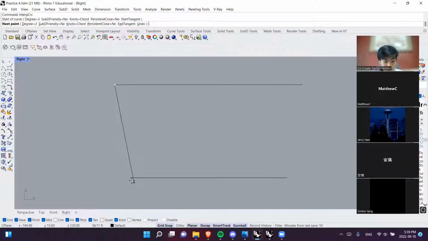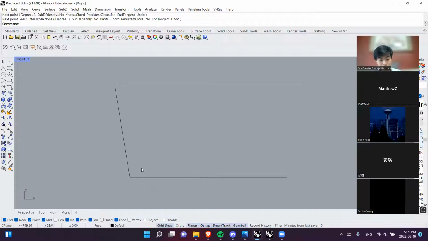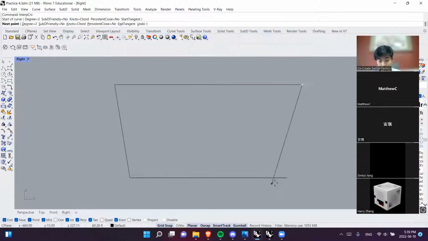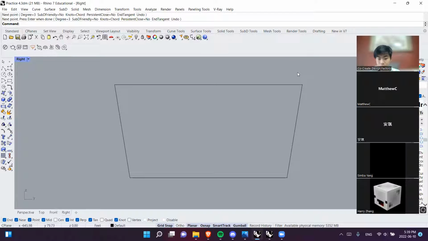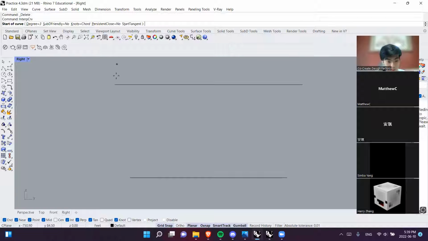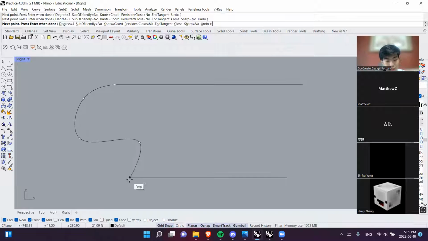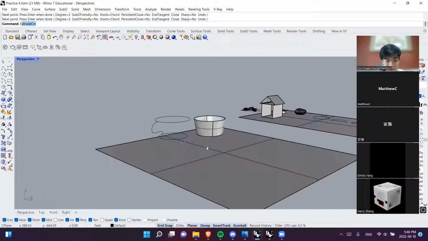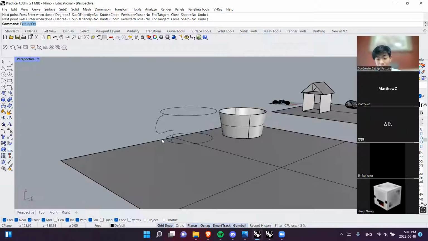So this is what loft does basically. You draw, let's say, two straight lines, and it connects the shape into a cup. That's loft. But with network surface, we can actually modify. So let's say we do that. We have this, I don't even know what this is, kind of like half of a leaf. And when you move into perspective mode, you can see